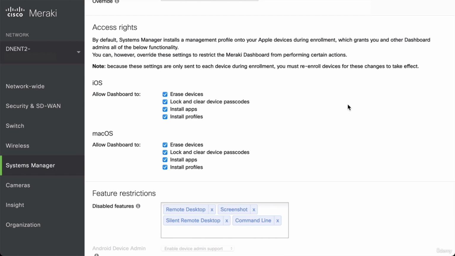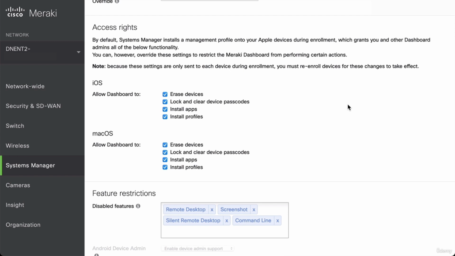You can see that by default, we will be allowed to lock and erase devices, which is an important feature to be able to control in the event that a device gets lost or stolen. After device enrollment is completed, we can additionally create configuration profiles. These are going to contain settings that will get pushed out to the managed devices themselves. Maybe we want to push out Wi-Fi access, maybe VPN access, or maybe those are device restrictions or corporate email